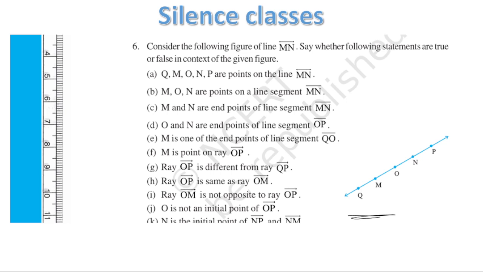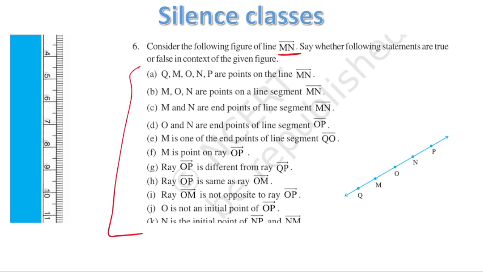M and N. Okay, I've already told you, if the points are given M and N, you can take any line, but we have to consider M and N as a line. M and N is a line. Because it is moving further, Q and P is also a line, O and Q is also a line, but it is given that we have to consider the line M and N. Say whether the following statements are true or false, means we have to find out whether these statements are